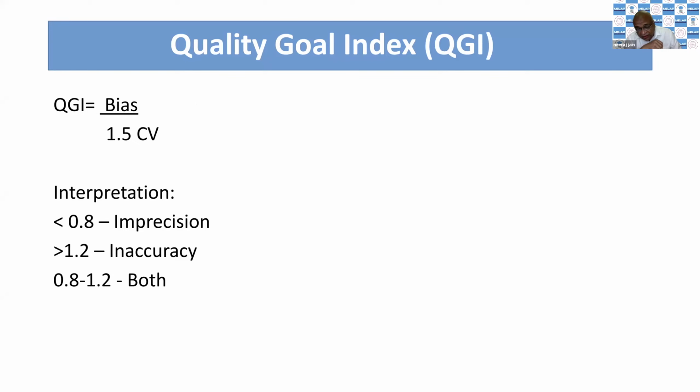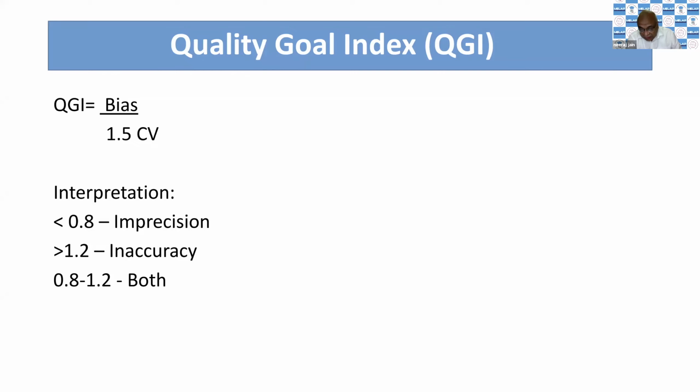Now, if we see this formula, total error allowable minus bias divided by CV. In addition to this, we have to see this quality goal index. This is bias divided by 1.5 multiplied by CV. If suppose this quality goal index is less than 0.8, that means CV is high. There is imprecision. If it is more than 1.2, that means bias is high. It is inaccuracy. If it is between 0.8 to 1.2,